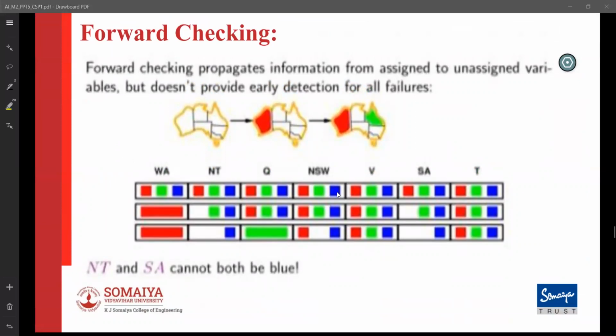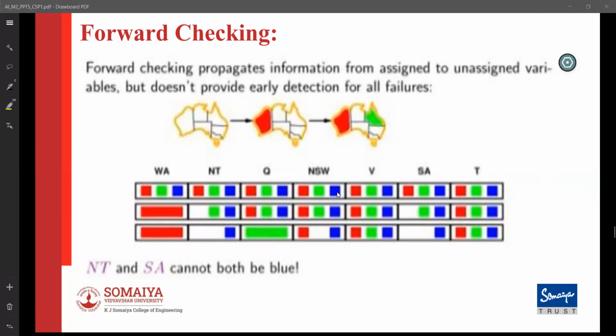Otherwise, we would go to the Northern Territory and assign some value, go to New South Wales and assign some value, go to Tasmania and assign some value, and come back to South Australia and find no value is possible, and that would be crazy. We would do much search in the subtree, and finally come back and say no solution is possible at all. We want to detect this as soon as possible. So we will come back to that.